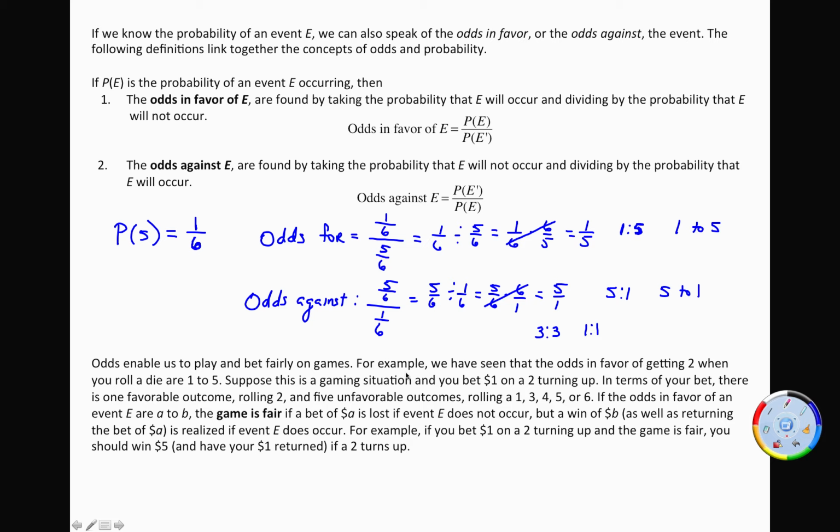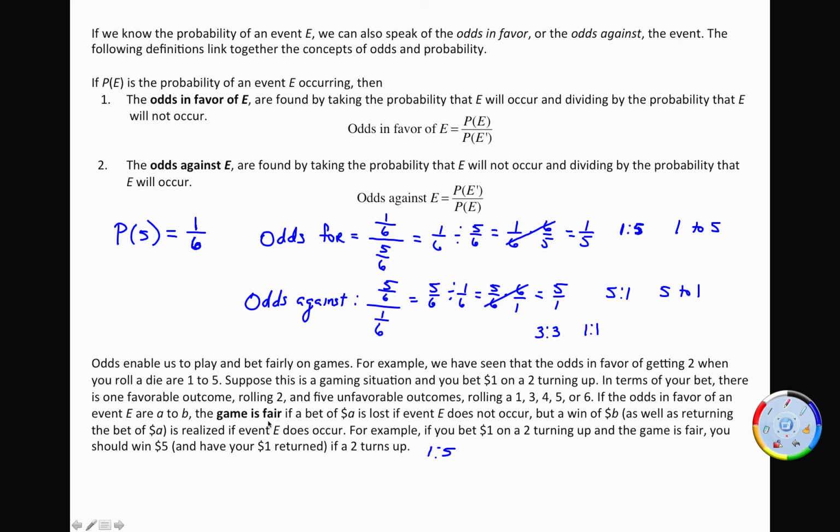Okay, odds enable us to play and bet fairly on games. For example, we have seen the odds in favor of getting a 2 when you roll a die are 1 to 5. Suppose this is a gaming situation and you bet $1 on a 2 turning up. In terms of your bet, there is one favorable outcome, rolling a 2, and 5 unfavorable outcomes, rolling a 1, 3, 4, 5, or 6. If the odds in favor of an event E are A to B, so for example, the odds in favor of rolling a 2 are 1 to 5,